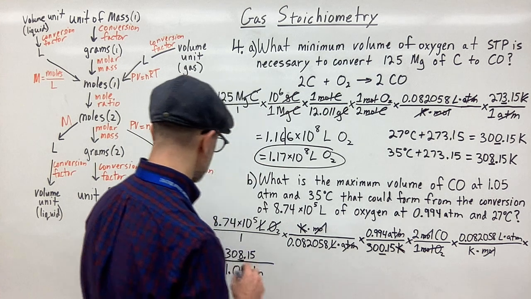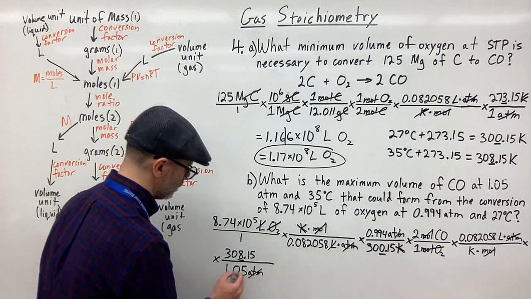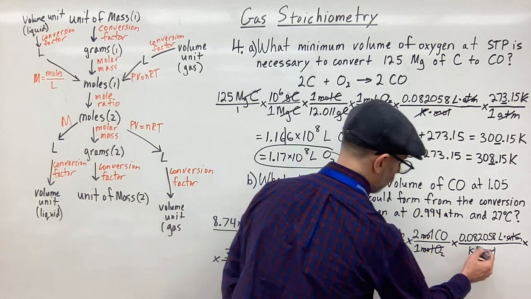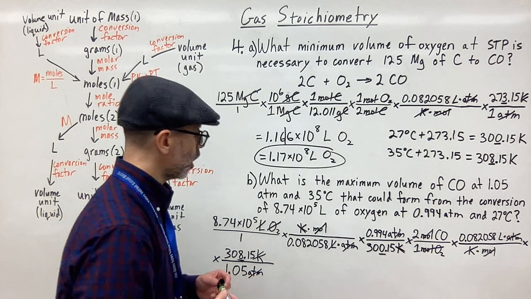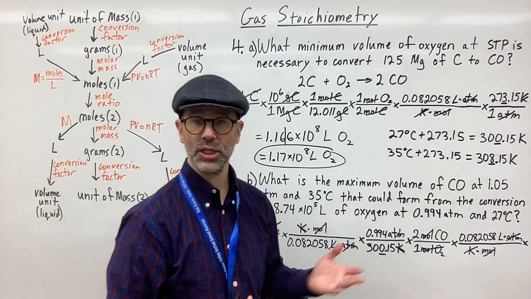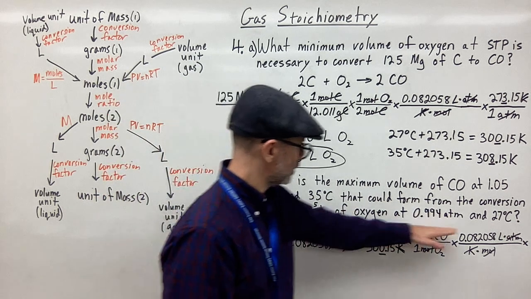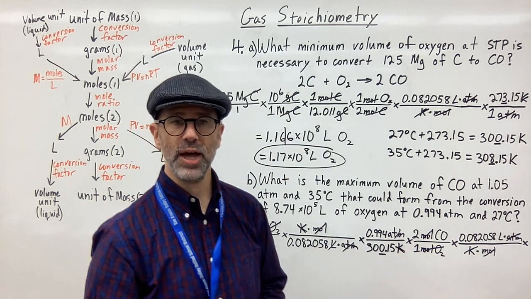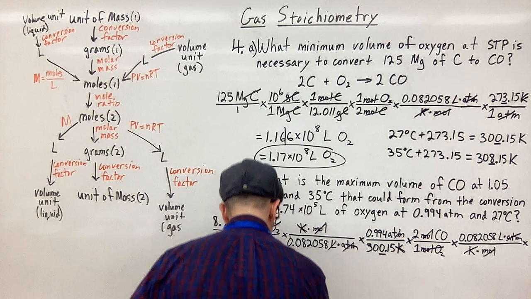figs there. And so the atmospheres on top cancel out with atmospheres on the bottom. This is Kelvin. And the Kelvin on top here is canceling out with the Kelvin on the bottom there. So the only thing left is going to be liters. So that is the volume unit, and they're asking for the maximum volume, so we'll stop at liters. And so now all I need to do is calculate by multiplying across the top on everything and then divide by everything on the bottom. When we do that, we get 1.6988